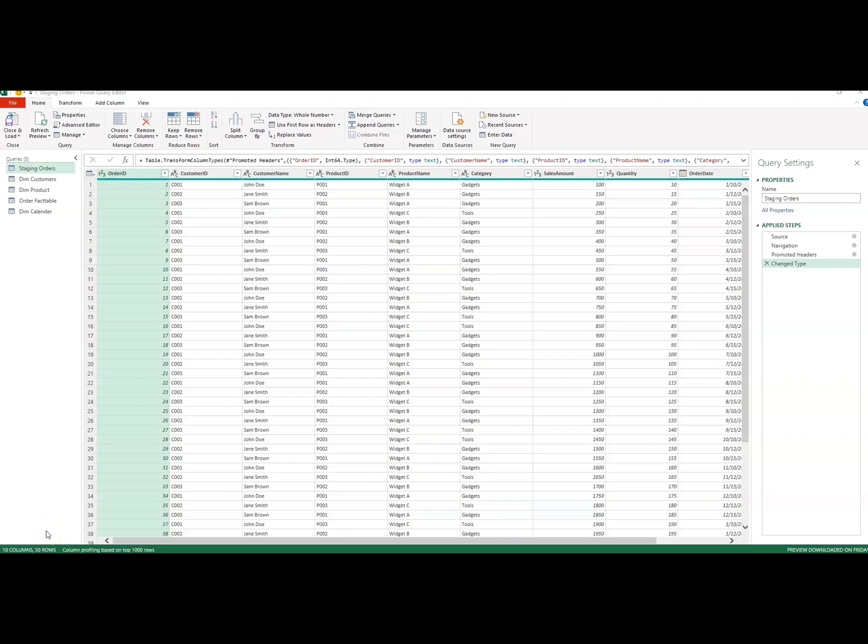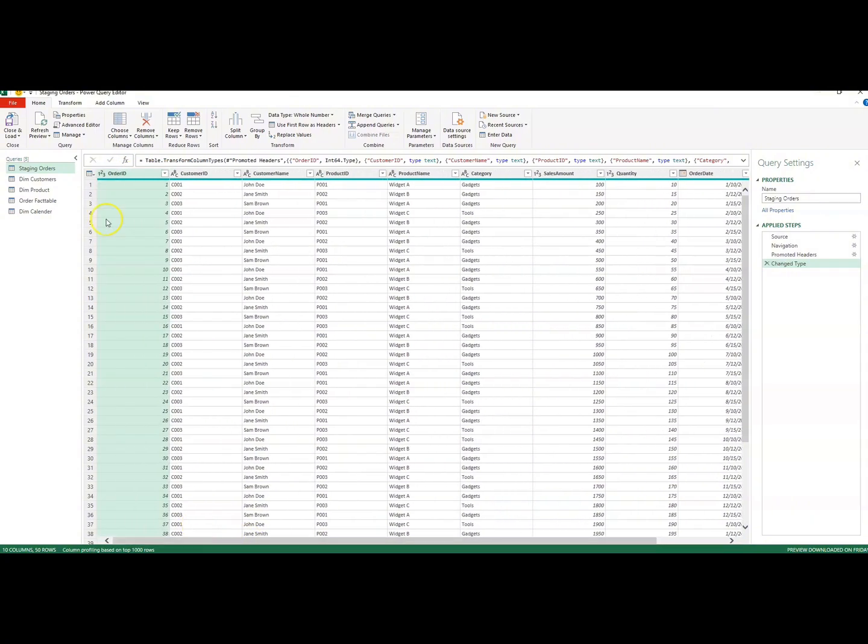We will be starting here for us to have a better understanding of what data modeling is all about, before we move to where we stopped in our Power Pivot. Alright, starting with the staging orders data. Don't forget I said the first thing when it comes to data modeling is for you to first recognize what the entities are. Looking at this data here,